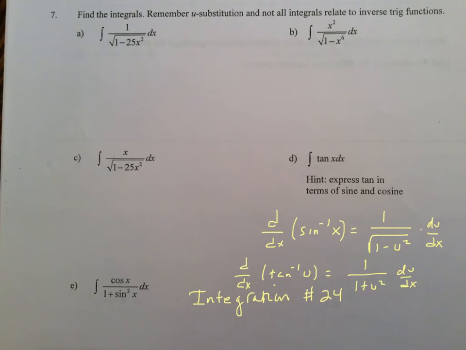Okay, this is integration packet number 24 and problem number 7. So we are asked to find the integrals, and along with that we need to remember U substitution, and not all the integrals relate to inverse trig functions. So if I look at part A, I have the integral of 1 divided by square root of 1 minus